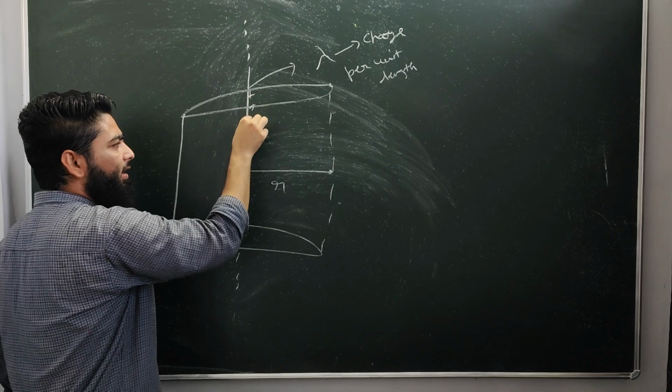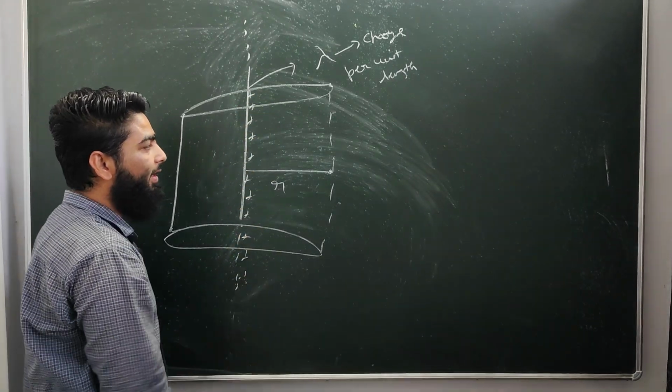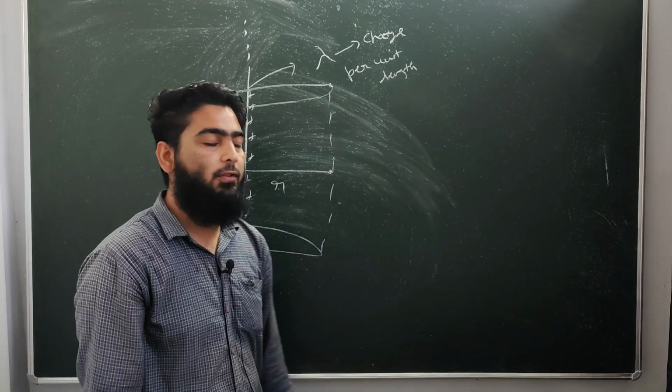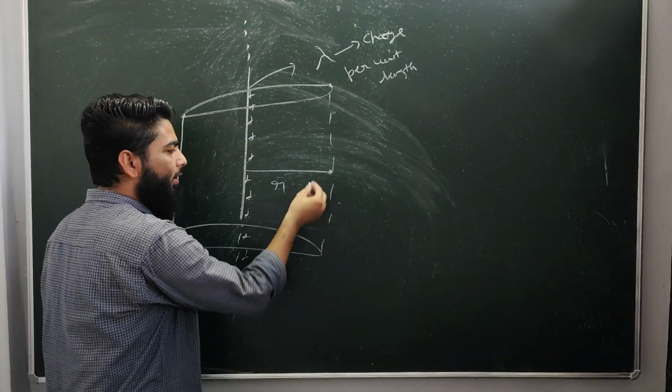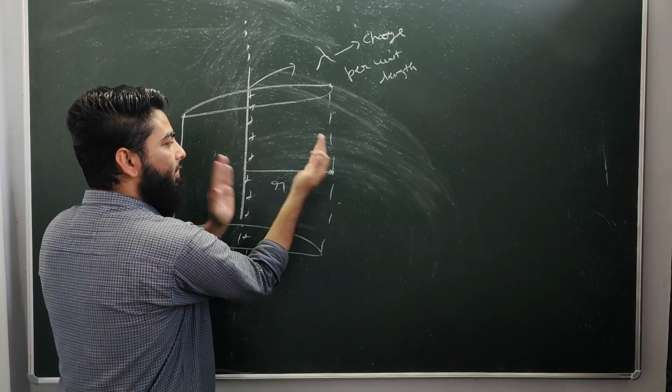If the charge density is positive, then the uniformly charged rod will be positive and the electric field will be away from the source, that is away from the rod. So let us say this is our area dA. This is some area dA, this curved surface.